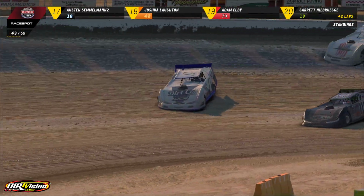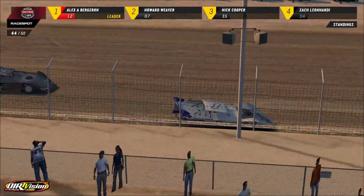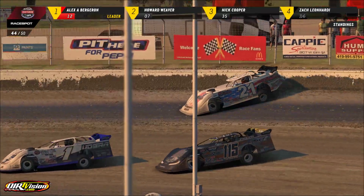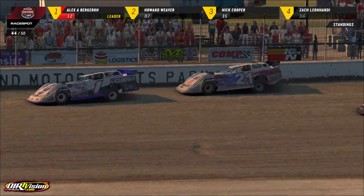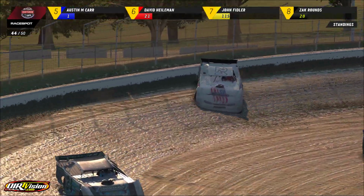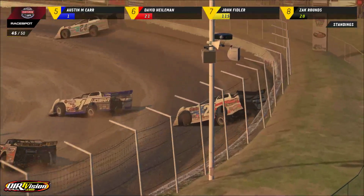Yeah, $50, and it only gets bigger from there. 50 to 1, to 150 to 2. I think it's 300 to the race winner. So it is going to be a big old cash pot with just 5 laps to go. It's the easiest way to make a couple $100 here. It's only been 10 minutes of racing here in the World Championship Series on air in the World Outlaws iRacing